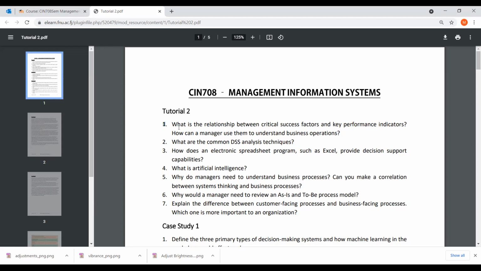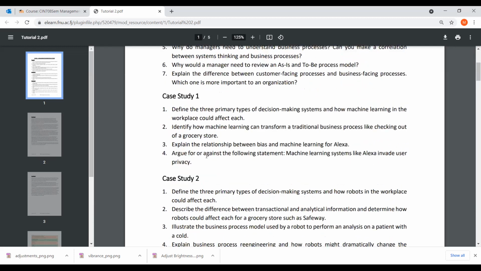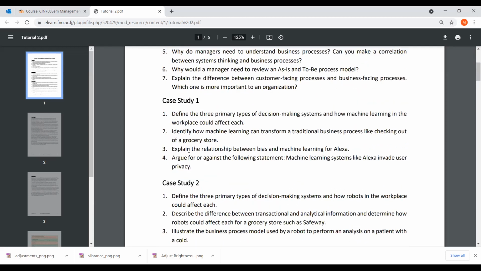Questions 1 to 3, this is what you had to answer in the forum. Those you have answered, about 7 of you have already answered. Thank you so much for your correspondence. Thank you for taking time out and actually attempting those questions. A simple answer, like mentioned before, should be there by Sunday for those who actually attempted. Now, case study 1, we have 4 questions.